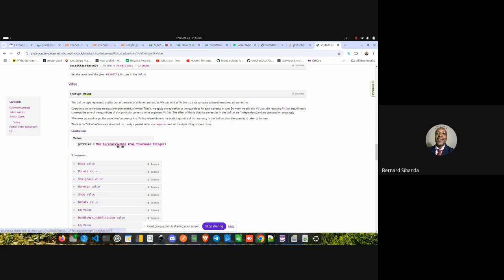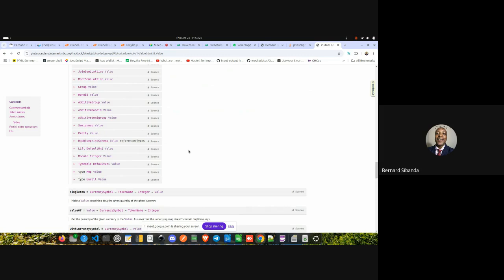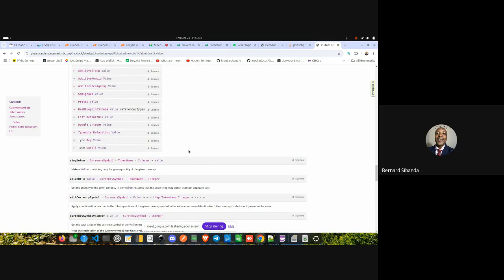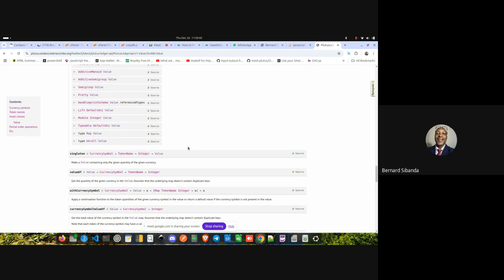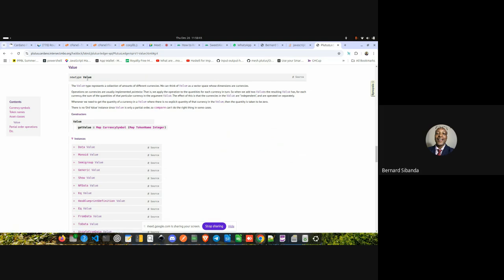This is the correct definition of value in Haskell Plutus, and it has different functions. This is the different functions of value. Right. Let's go to source code here. Right, here is the source code. Right at the top here.